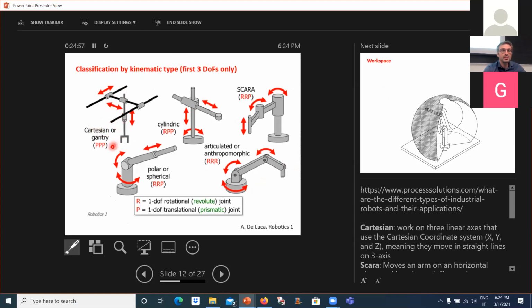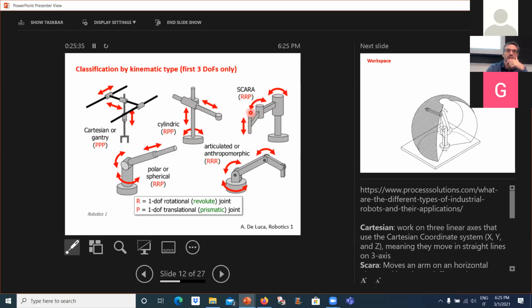We see here the Cartesian or gantry. This is used in warehouses to move around stuff and pick and place. Think of Amazon that needs to collect objects. Then cylindric, which has a rotational joint; the first three of the Cartesian are all prismatic, while the cylindric has one rotational joint and two prismatic joints afterwards. Then you have a SCARA robot, which has two rotational joints with parallel axes, and